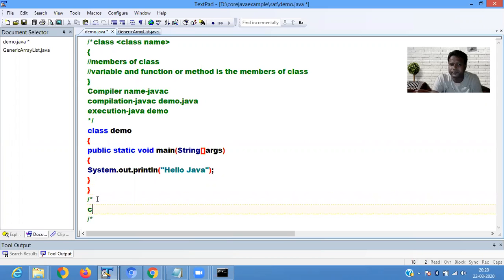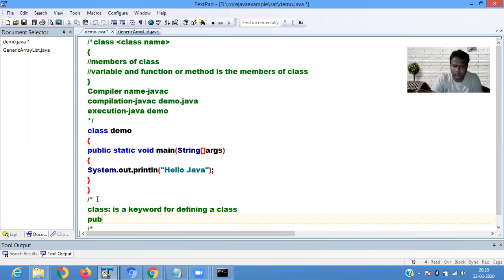The class is a keyword for defining a class. Public is an access specifier.